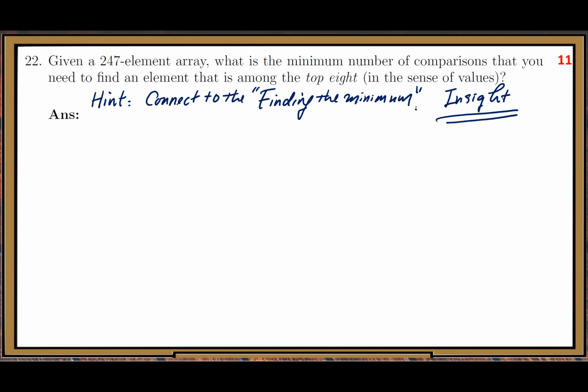Connect to in this way, finding the minimum. Okay, so we rewrite that question. So we rewrite that question as, all right, so given an n element array,